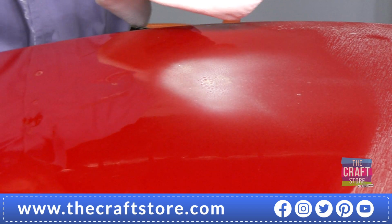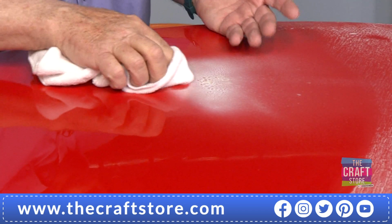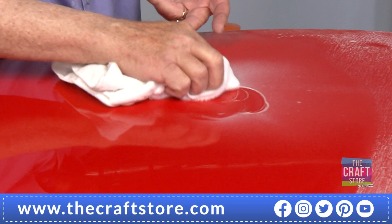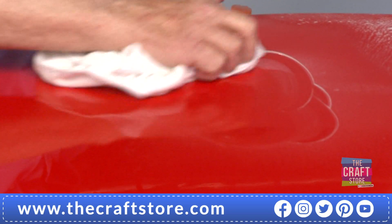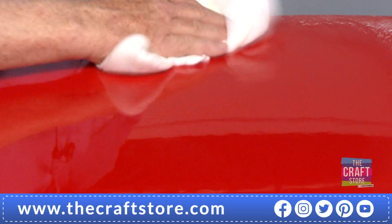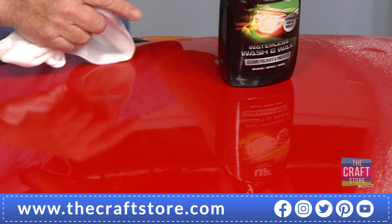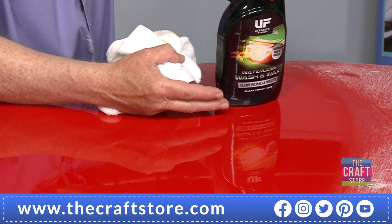Now, spray some of that on there. What's happening now is the surfactants are gently lifting that paint away from that invisible barrier of carnauba wax that's protecting the paintwork as a result of using the Ultimate Finish. Now, look at that. That enamel spray paint that was dry on there has completely lifted and gone in seconds. So if you've got bird droppings, tree sap, tar, salt